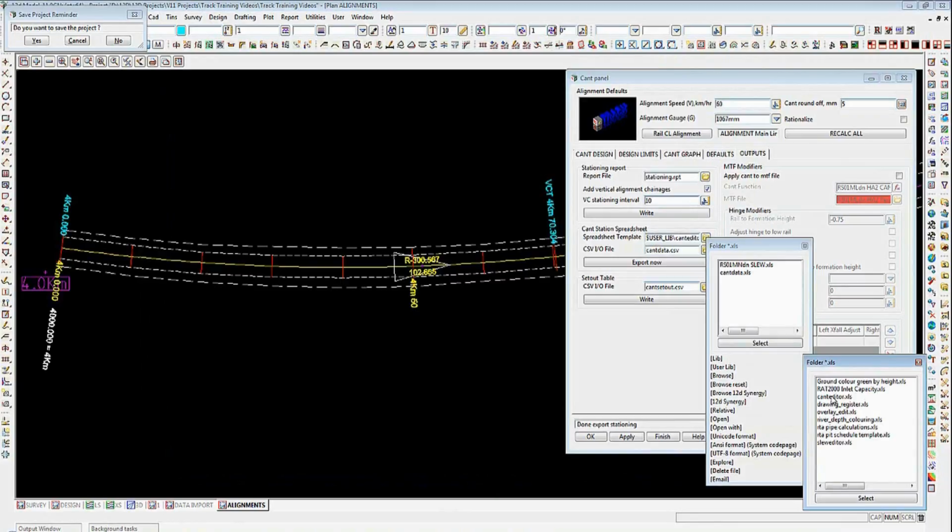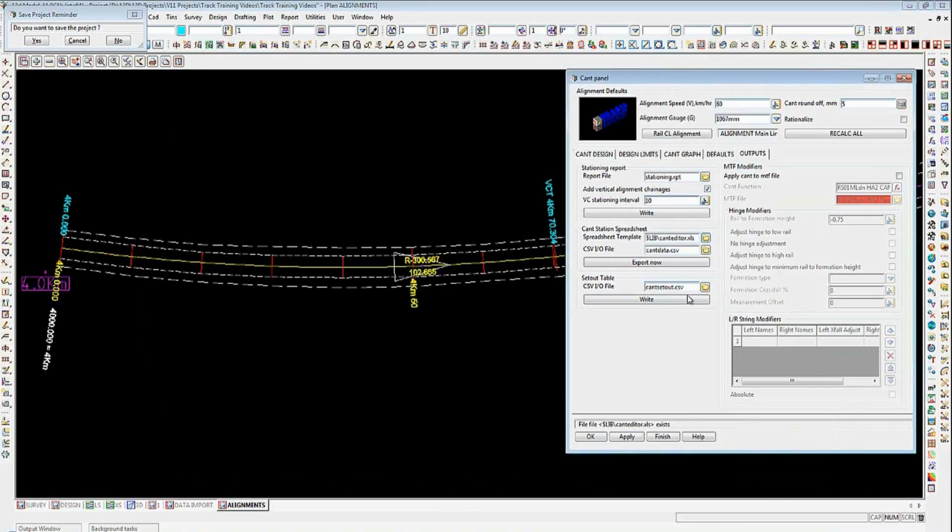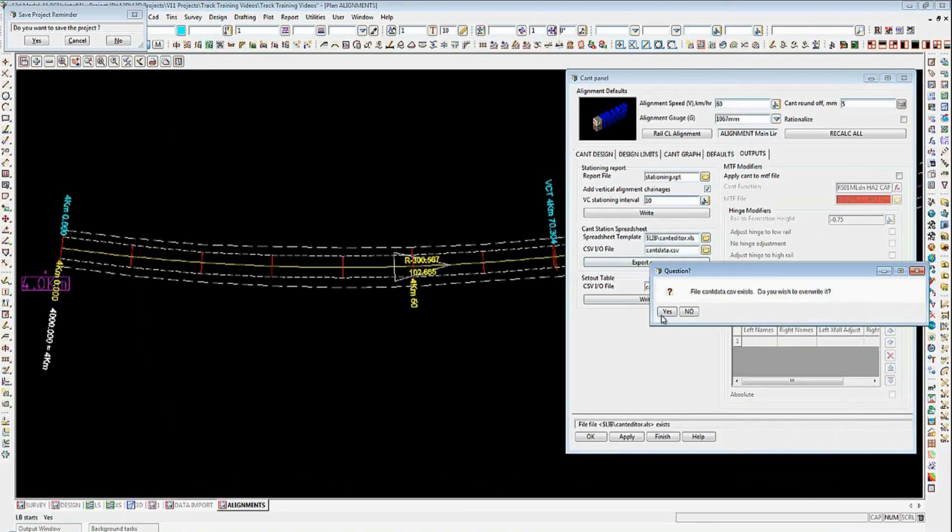This one that we're looking at here is the Cant editor, so I can go and select it from my library folder there. I can go and give it a file. Again, I've run this in the past, so it's going to ask me if I want to update it, but a different file name would get us around that. Do I want to save it? Yes, I do, and it exists, and